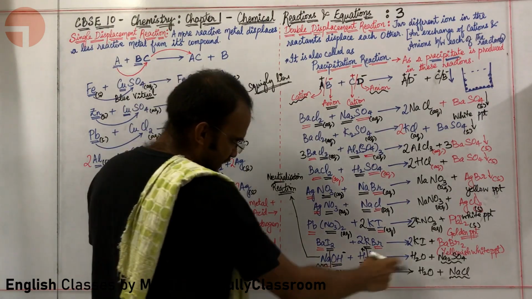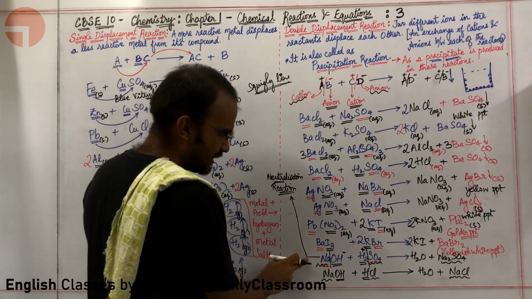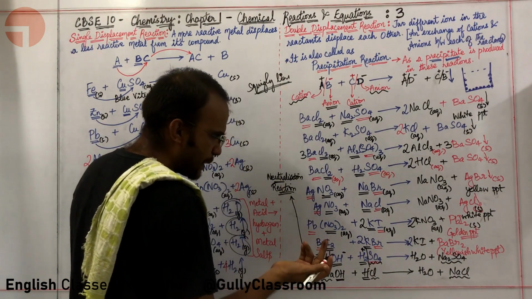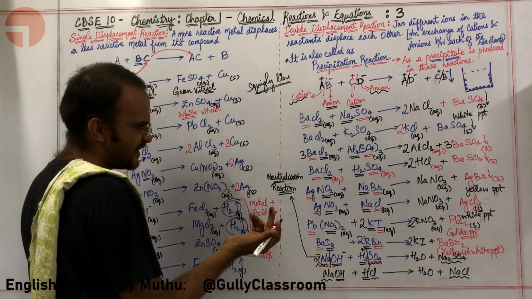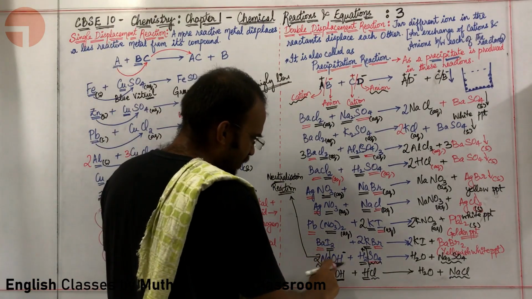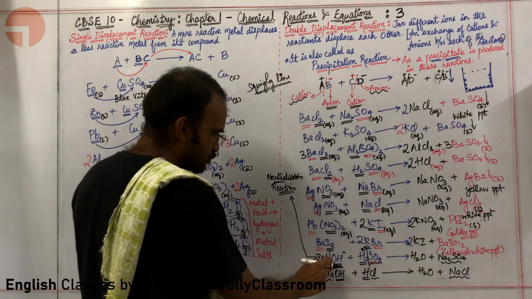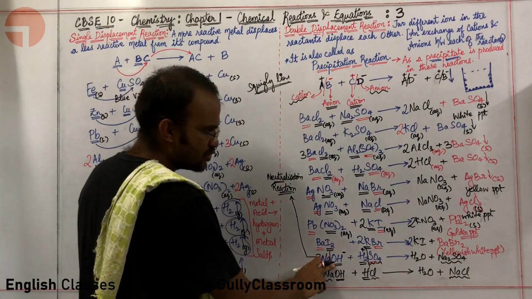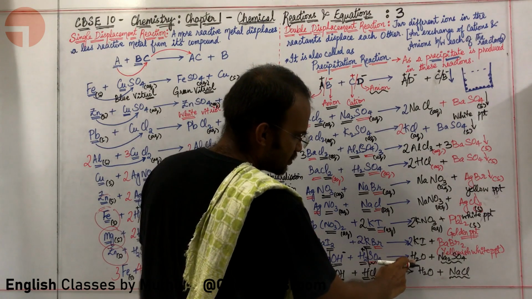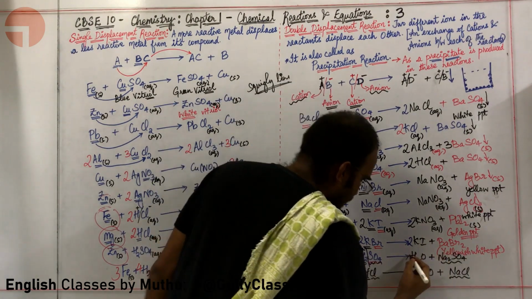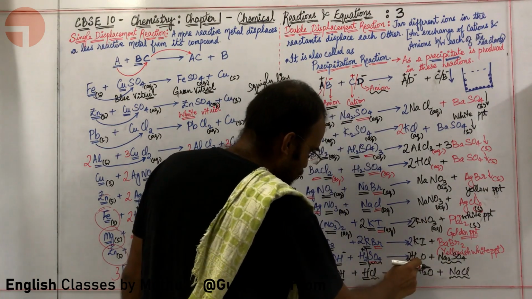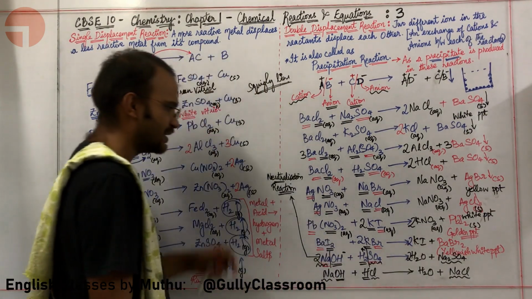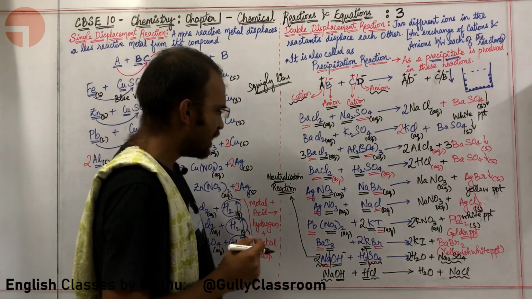This particular reaction is self-balanced. Let me look at this particular reaction. Here there is 2 Na, so I am going to put a 2 here. Yeah, I think I have balanced that reaction. No, here let me check the number of oxygen. Here there is 4 plus 2, 6 oxygen. So here also there needs to be 6 oxygen. Here there is 4 oxygen. I need to add a 2 here. Hydrogen is 4. Let me check it over here. 2 plus 2, hydrogen is also 4. This reaction is balanced.